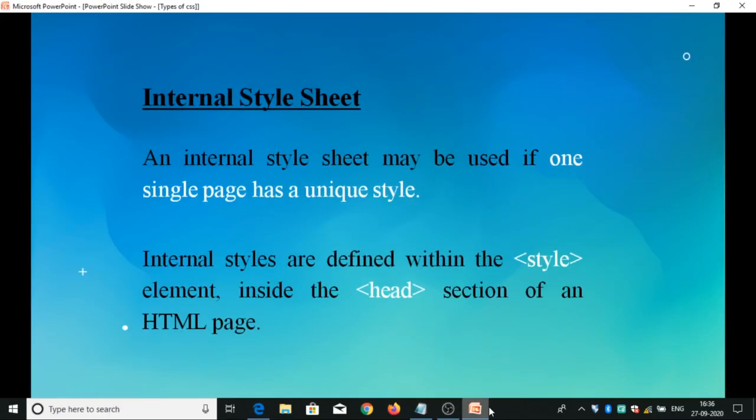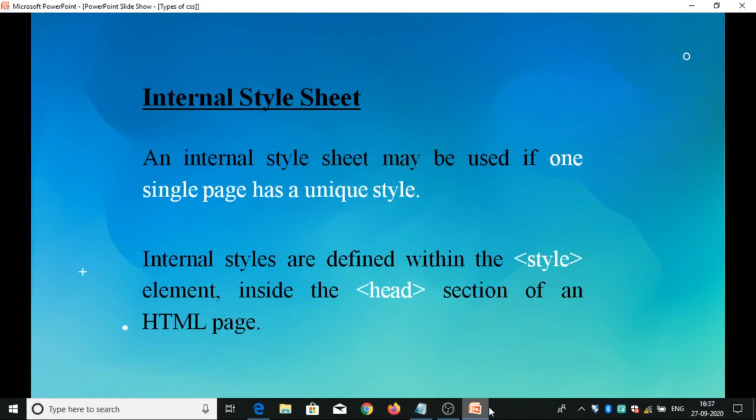And the next type of cascading style is internal style sheets. In the previous inline style, we applied style for a particular element, a single HTML element. Now we can apply a unique style to a single page. How do we represent these internal cascading style sheets?